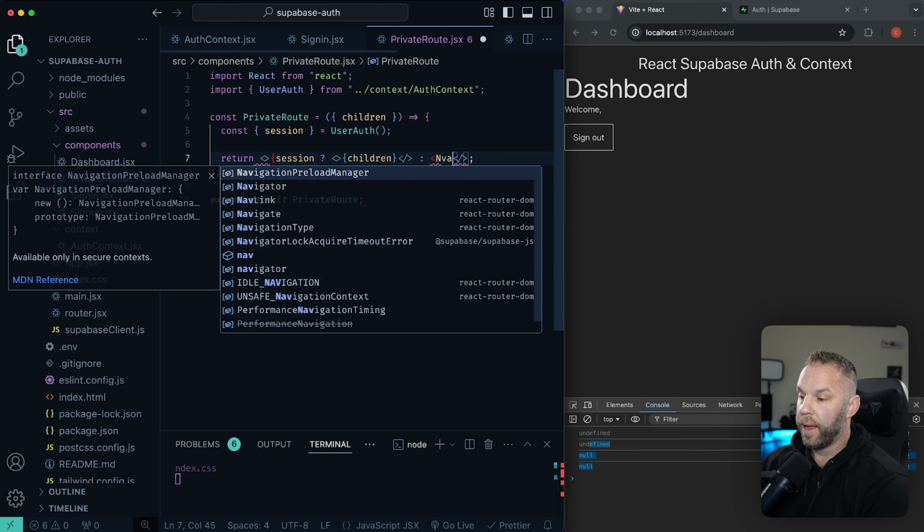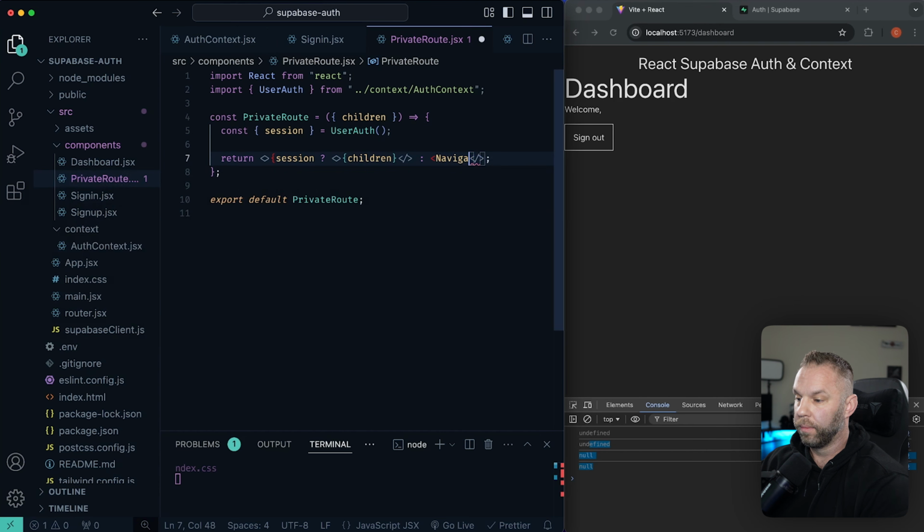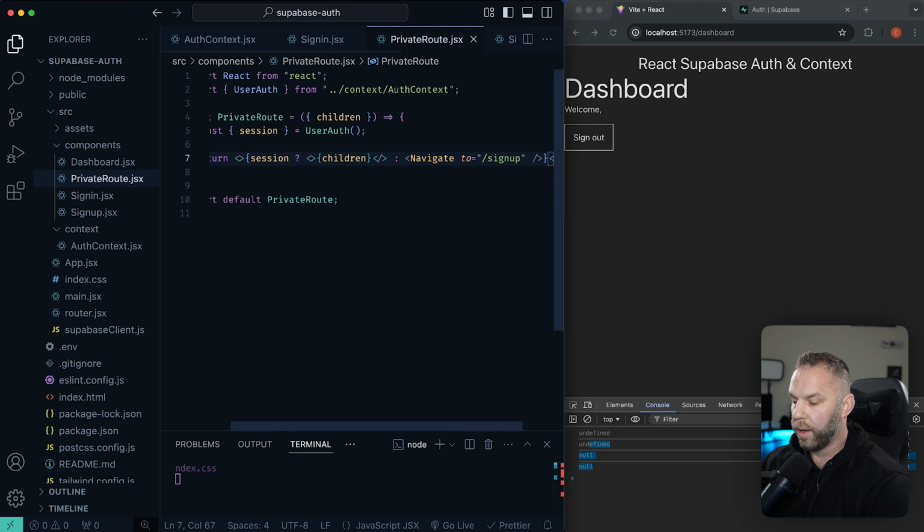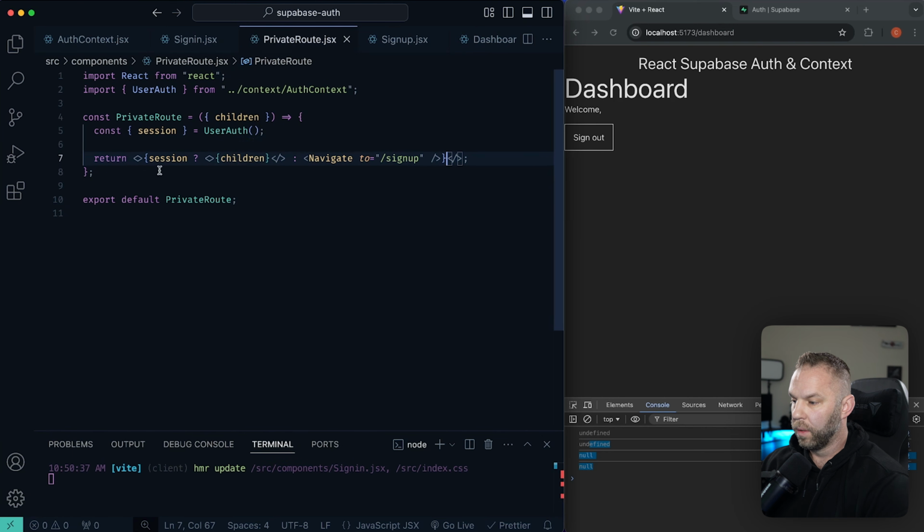So we'll just say navigate to sign up. Let's throw our curly bracket there. Let's go ahead and save. So if the session is true, we're going to display the children. Let's navigate to our sign up page. So let's go into our